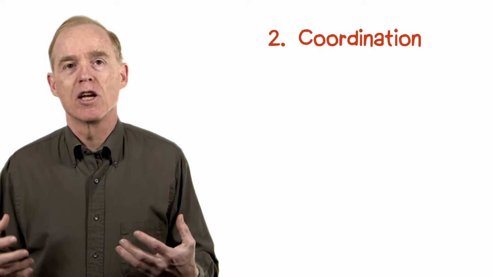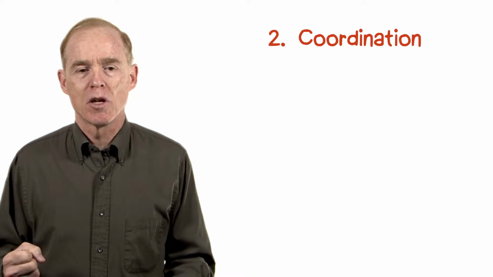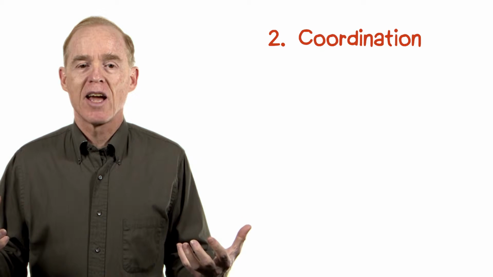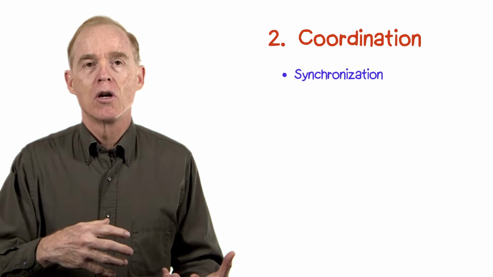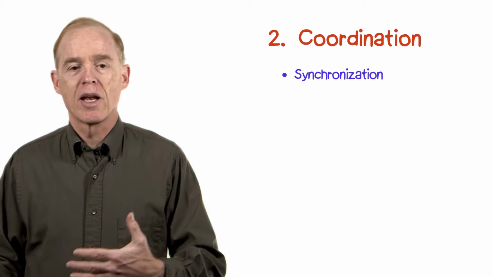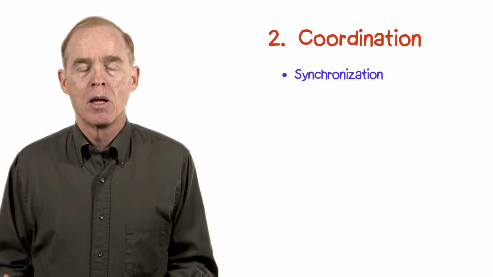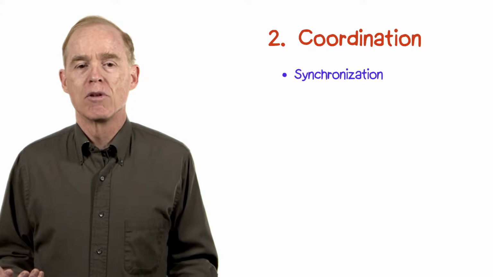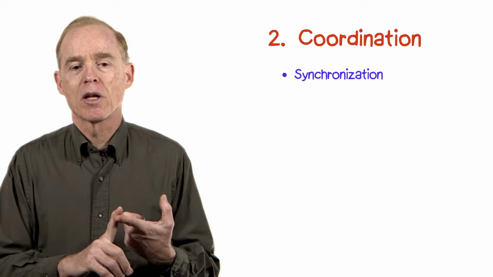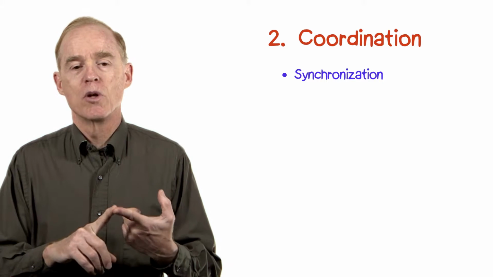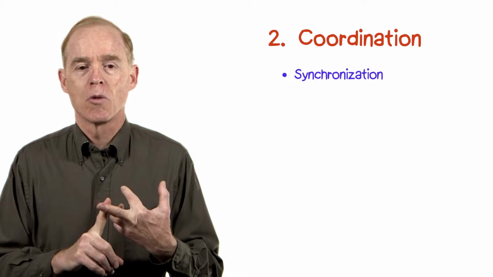The second category of issues is coordination. Remember that we have a heterogeneous distributed application, with multiple things going on at the same time. And these multiple things have to synchronize across certain actions. Okay? And how is that going to be provided? The two main categories of synchronization are synchronous communications and asynchronous communications.